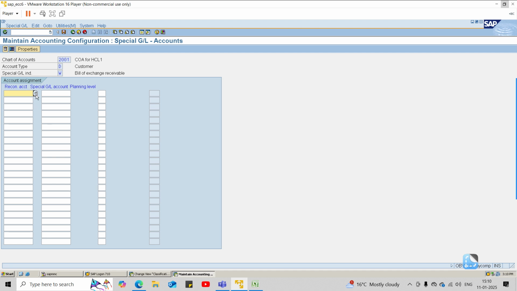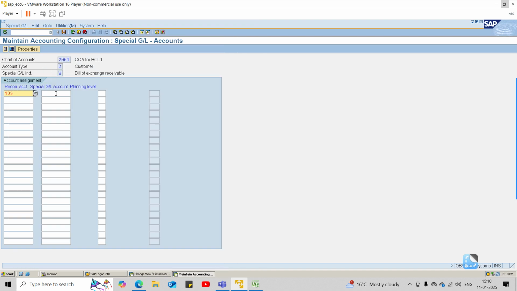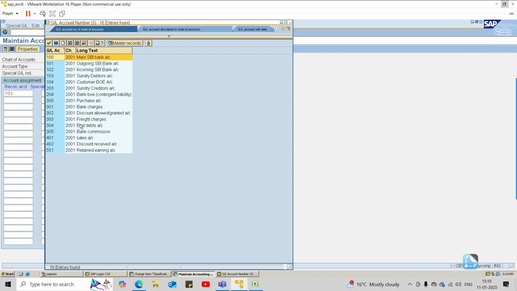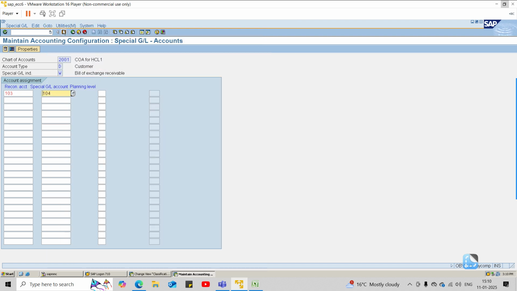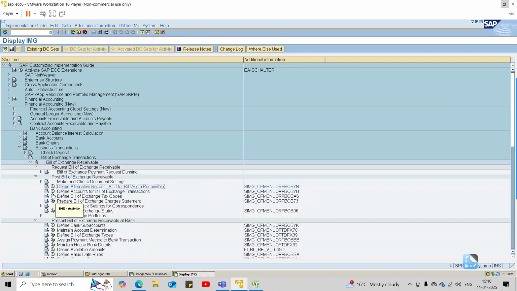So what is my reconciliation account of the customer? That we have to enter here. It is sundry debtor. Now we have to enter the special GL account for customer BOE. We need to map those accounts with each other. Customer BOE 104. Save it. Go back. Define accounts for. The next step is